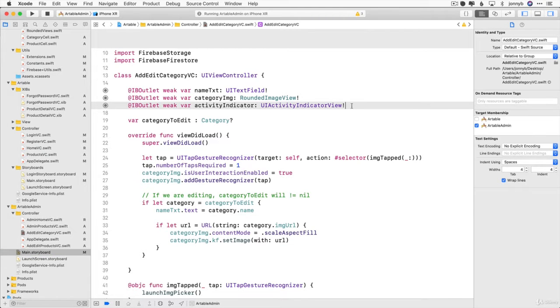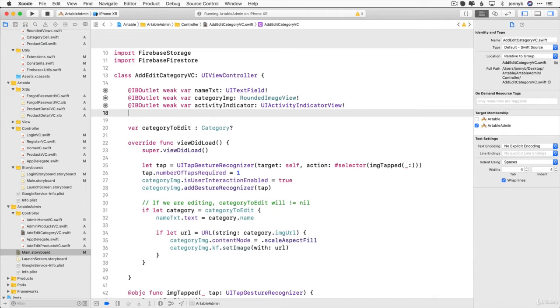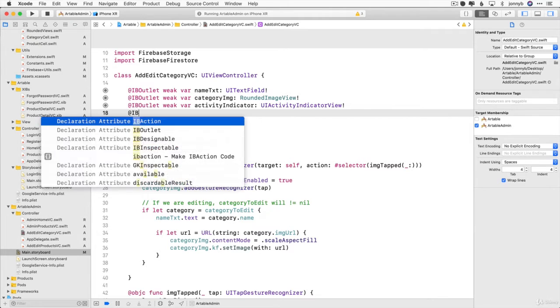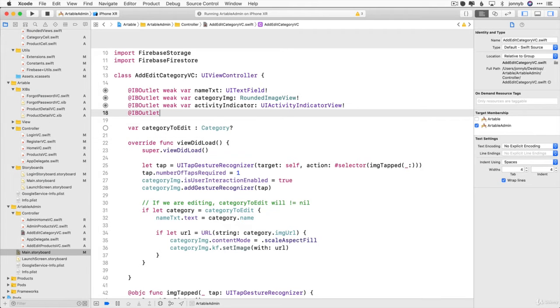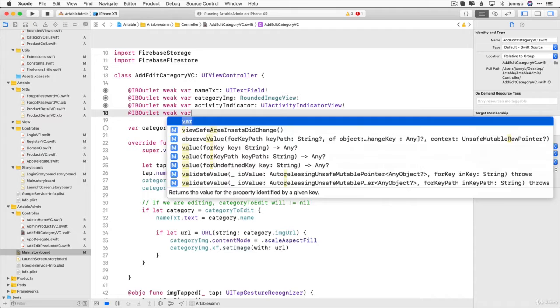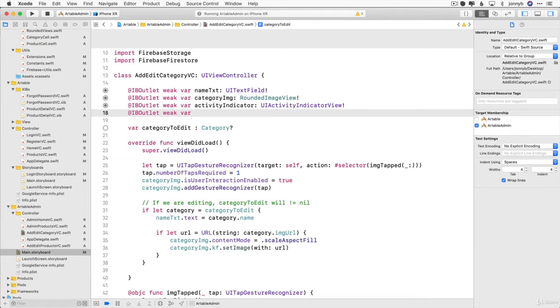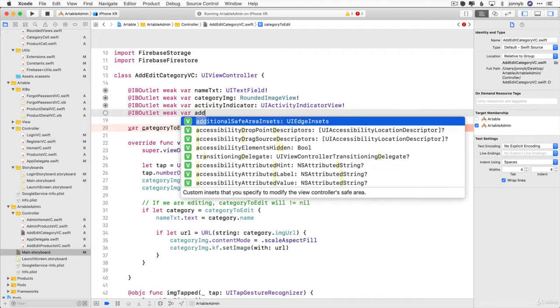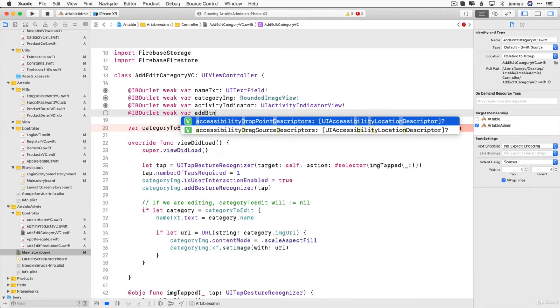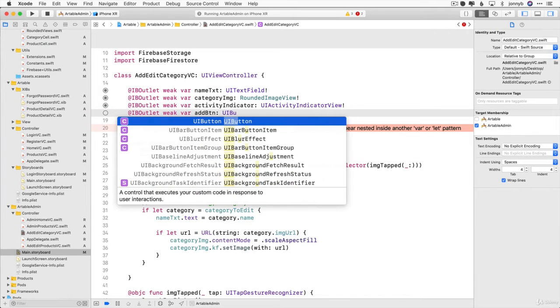Instead of doing the whole control drag and having to open up something in the assistant editor, sometimes I find it's quicker to just type it out, in which case we say IBOutlet weak var, and then you give it the name. In this case, we're going to say addButton of type UIButton,